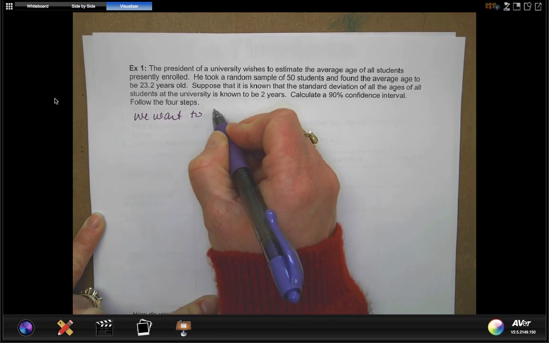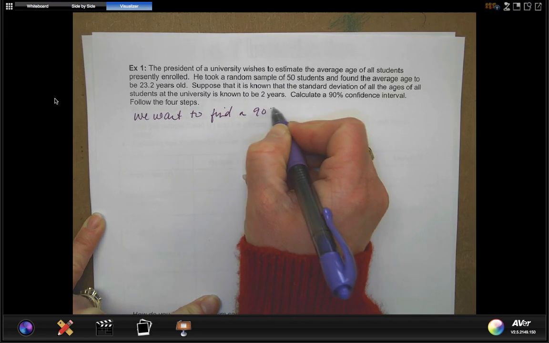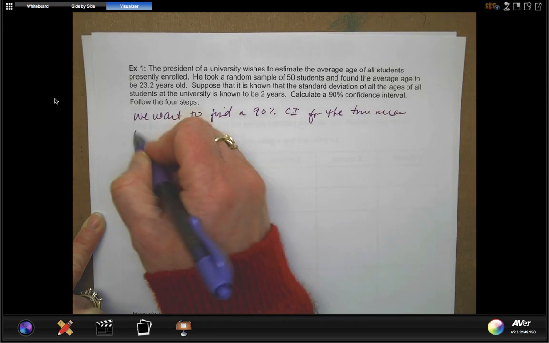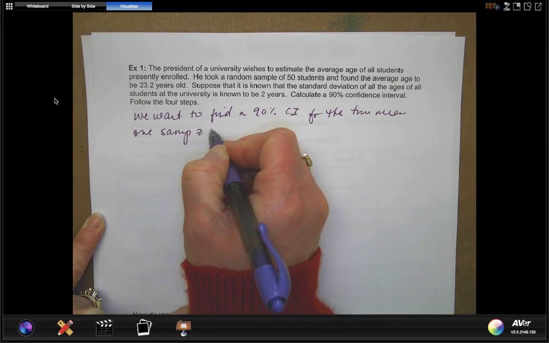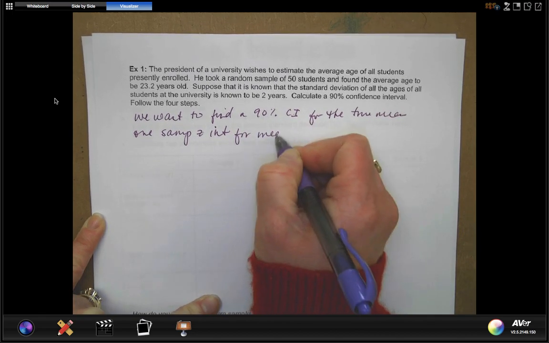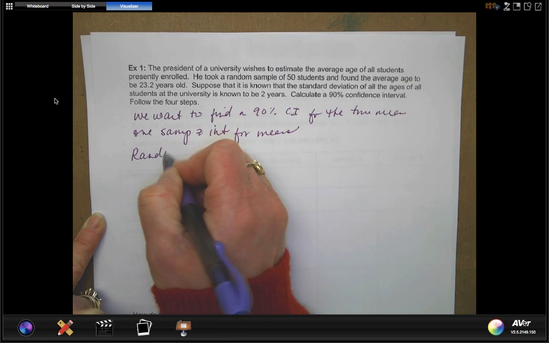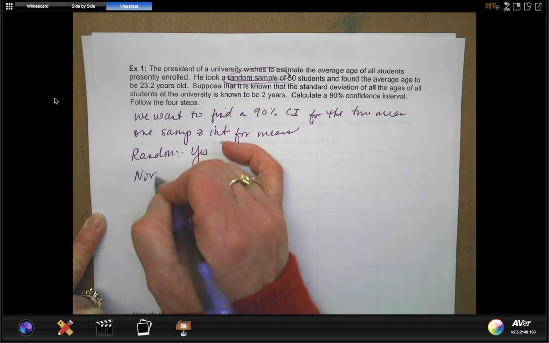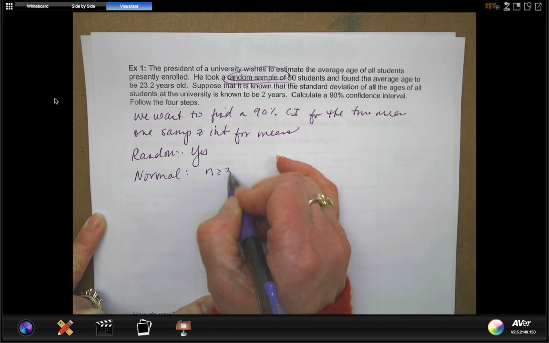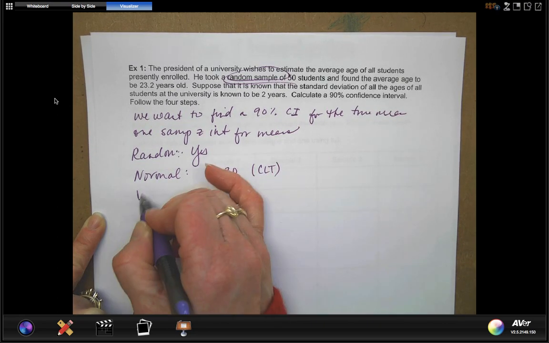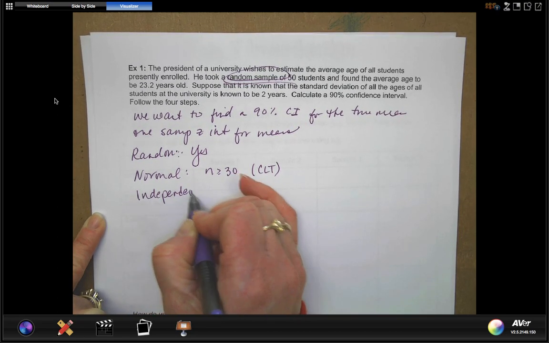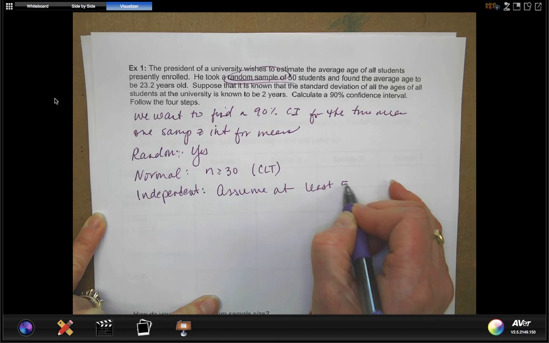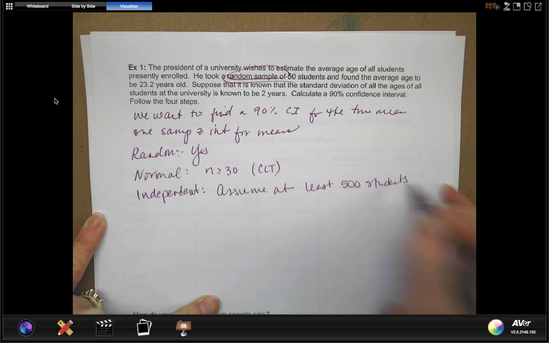So we want to find a 90% confidence interval for the true mean. I'm doing a 1 sample z interval for means. Random, so yes, it's random. Normal, it says right here, random sample. Normal, so the central limit theorem, so n is greater than or equal to 30, so the central limit theorem applies here. Independent, we took a sample without replacement, so I'm going to assume at least 500 students, which, I mean, it's a university, so I would assume that there's probably at least 500